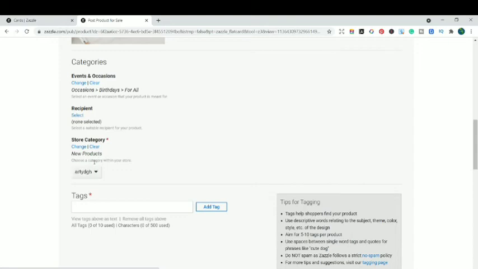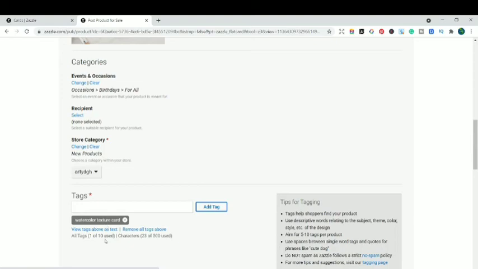Then here you need to select your store. In whichever store you want this product to be live, you can select that. And now the tags part comes over here. So for the tags, guys, one thing I'm going to tell you: if you want to have multiple different words in a single tag, you need to use inverted commas for that, okay? Let me show how to do that. So I'm going to use inverted commas. We're going to write a watercolor texture card, and we're just going to close the inverted comma and add this tag. You're going to see that all three words are coming in one tag only. So you need to use the inverted commas to have all your words in one tag, okay?